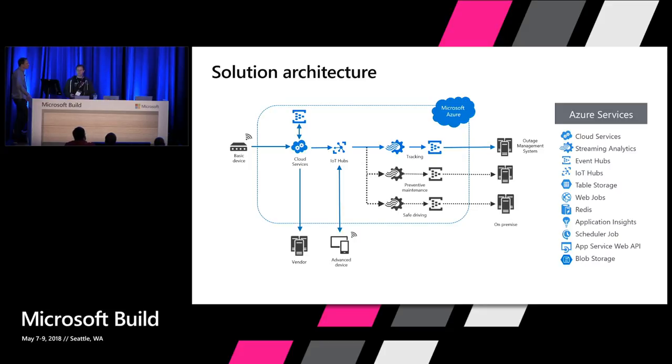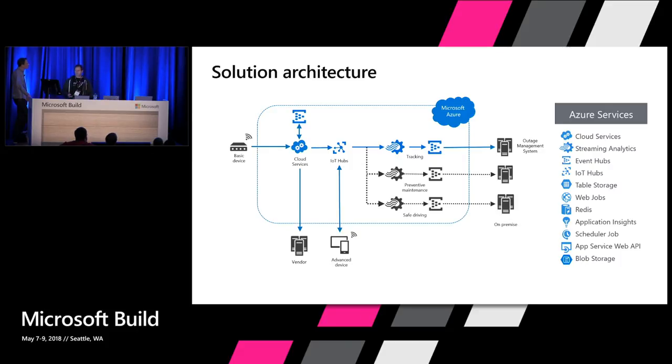Those basic devices communicate into a collection of cloud services grouped into listener services, parser services, and vendor forwarding services. Most of the time, basic devices are provisioned by vendors. So when that telemetry comes in from the basic devices, a listener picks it up, places it on an event hub, and then a vendor forwarding service parses that information, publishes it to the IoT hub, and sends it on to the IoT